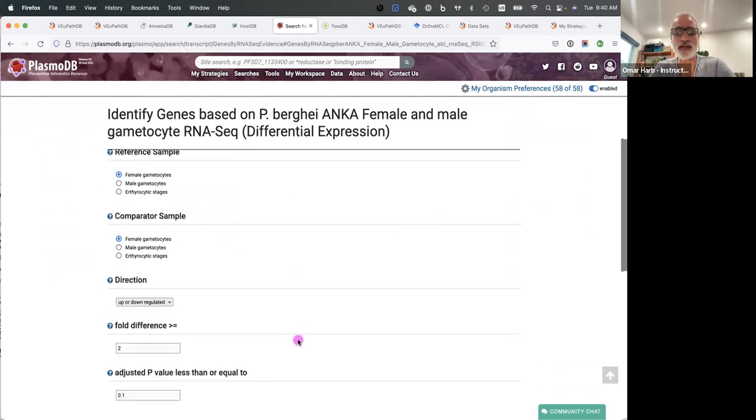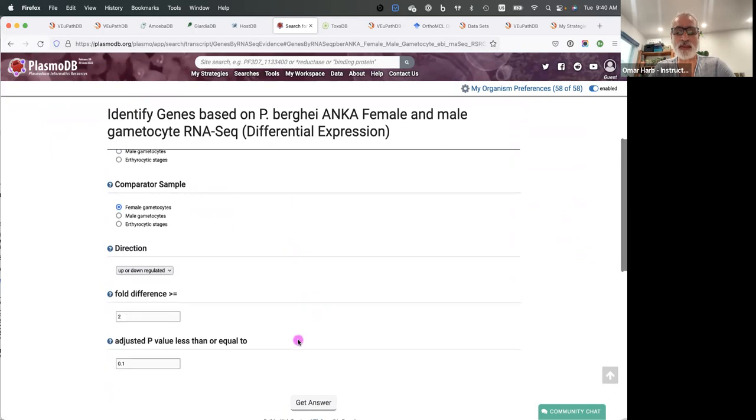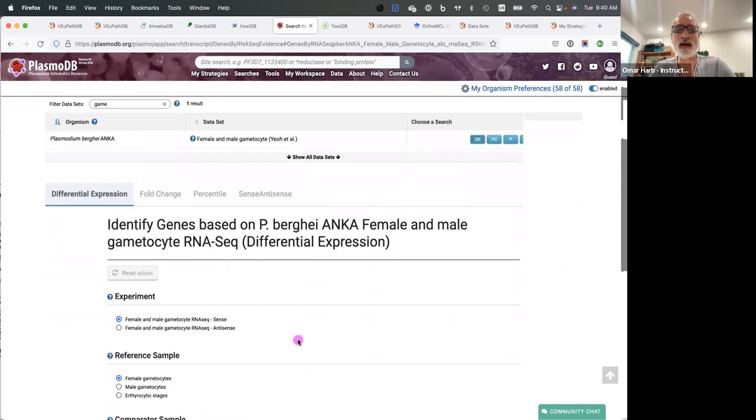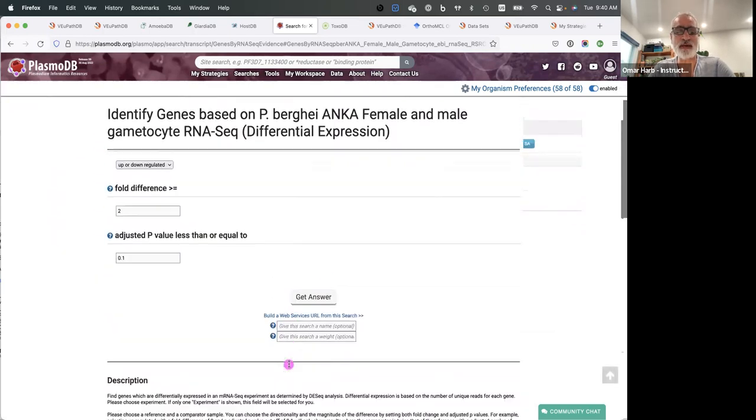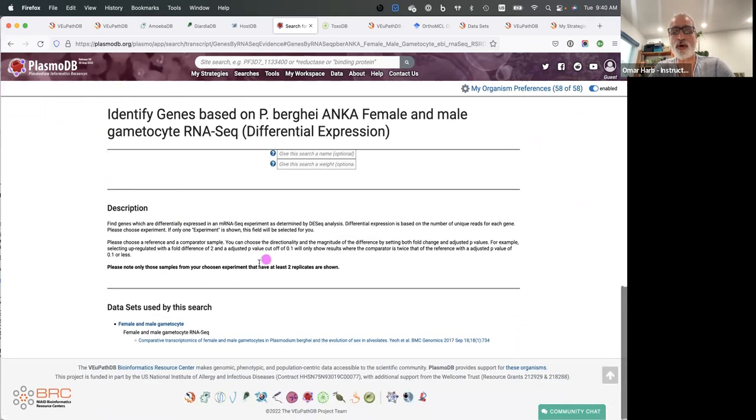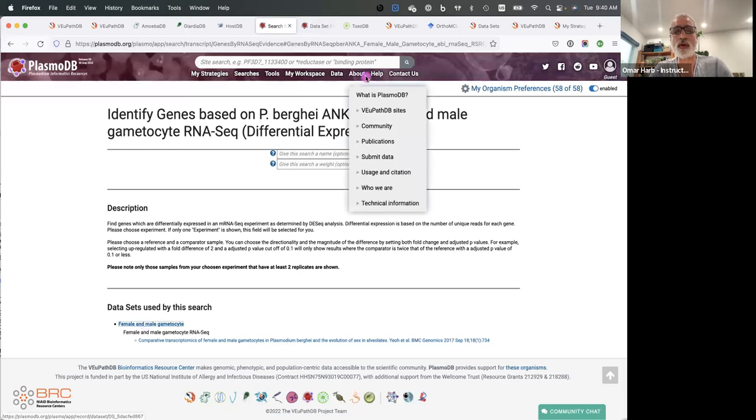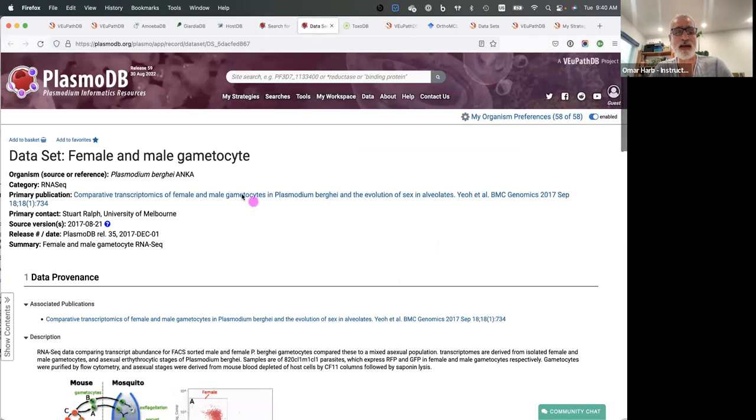And if you scroll through it slowly, it's hopefully fairly intuitive. I'm on the search page. If you scroll down to the bottom, there's usually a little bit more information about the search itself. There's also a link here that takes you to the publication again, but also to the data set page for this particular experiment. So I open this up in a separate tab, and you'll notice here now there's this experiment,